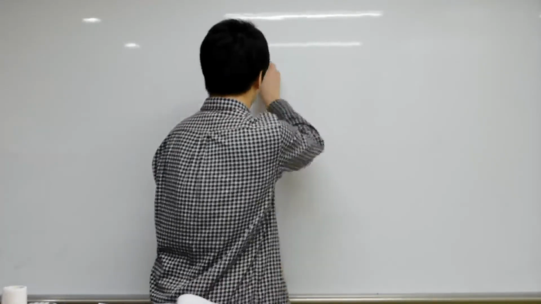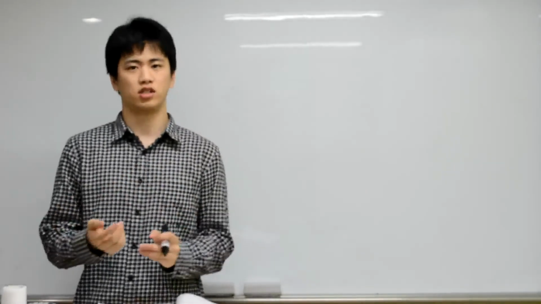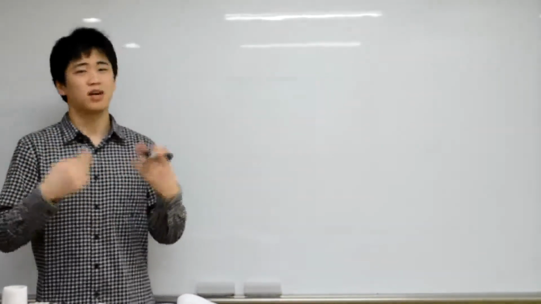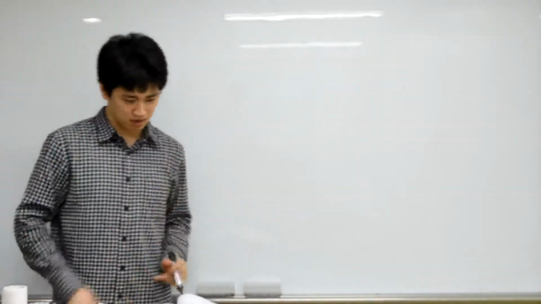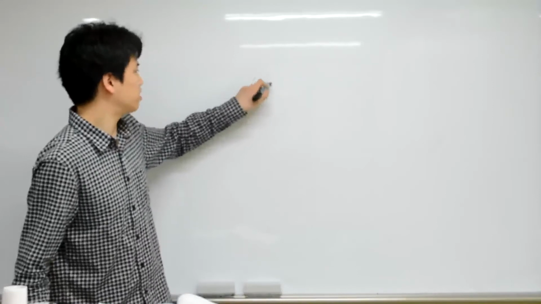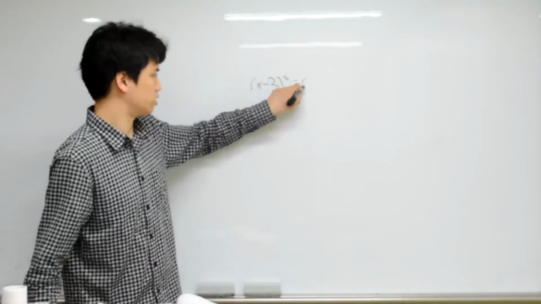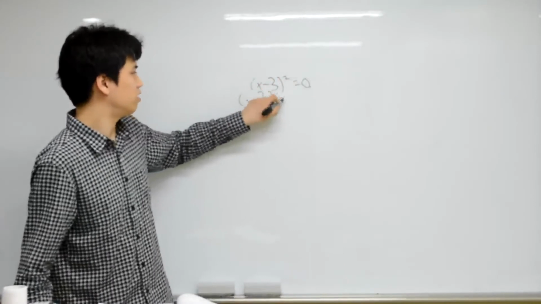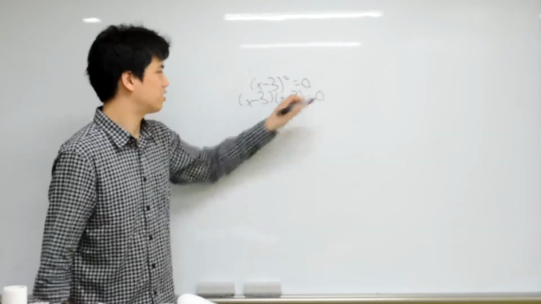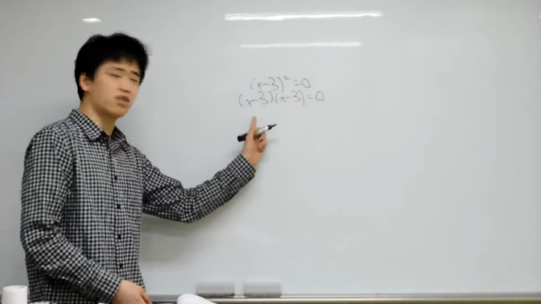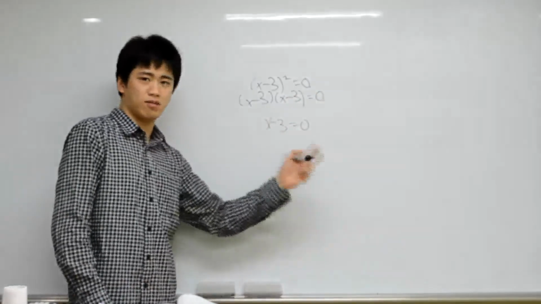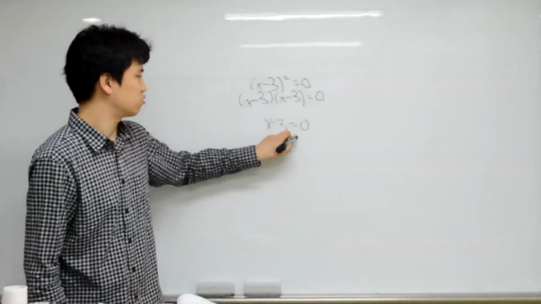Now, the thing about quadratic equations is that they'll always have two solutions. It just so happens that sometimes the two solutions will equal the same thing. So let's look at this. x minus 3 squared equals 0, right? This is the same as just x minus 3 times x minus 3, right? So in fact, either x minus 3 equals 0 or x minus 3 equals 0, right? But they're both saying the same thing, that x minus 3 equals 0. That means x equals 3 is the only